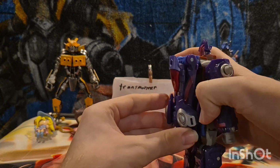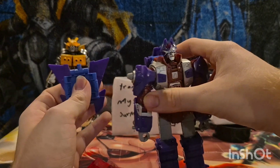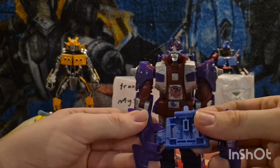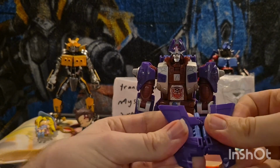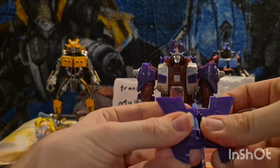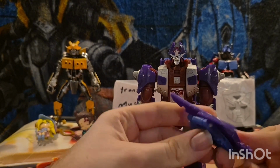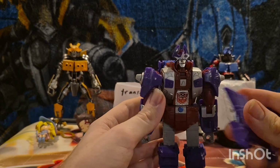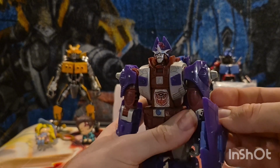And then he also comes with this. You gotta take it off his back really quickly. It can turn into a shield, so you just fold these purple pieces up like so. There you go. And then you peg them together. Then you're going to flip down this little peg like this. And there you go. You can make him hold it in his hand, or I prefer it on his arm,